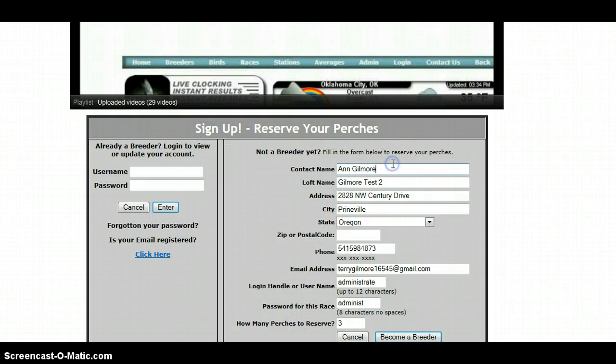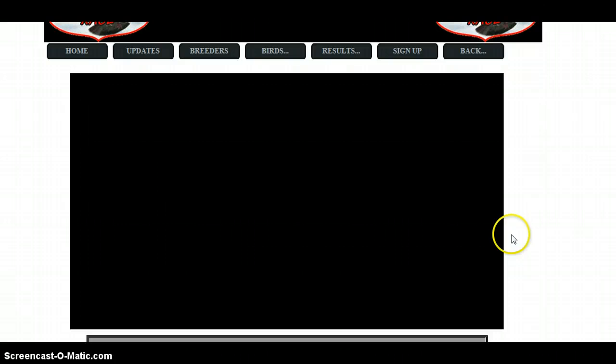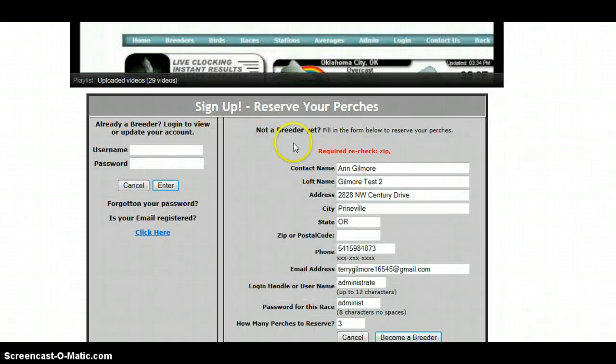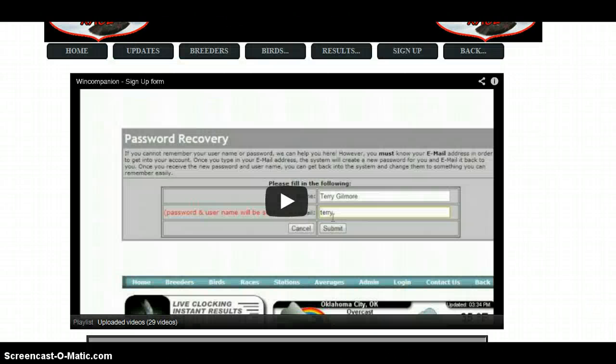You fill in each one of these fields, and I have already filled them in because I didn't want you to have to sit here and watch me type. Notice I left the zip code blank and reserved 3 perches, got a username and a password, and I'm going to click to become a breeder, and you're going to see that it kicked it right back because it required the zip code. So just get the zip code in there, and now all the fields are filled in, and we'll hit become a member, and we should now be on the